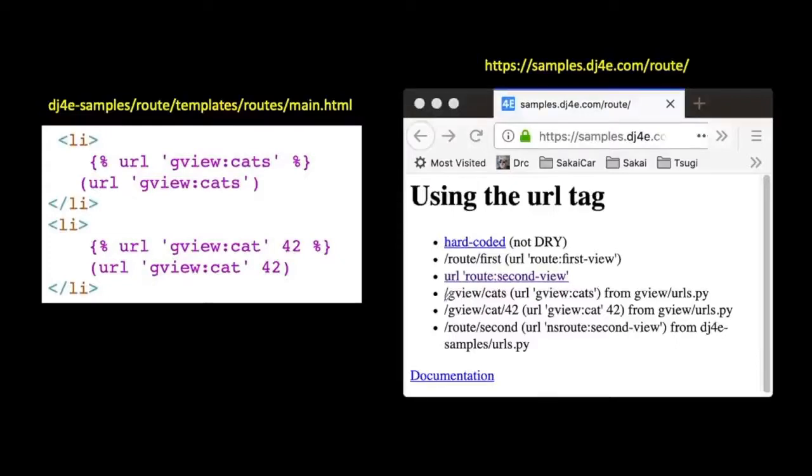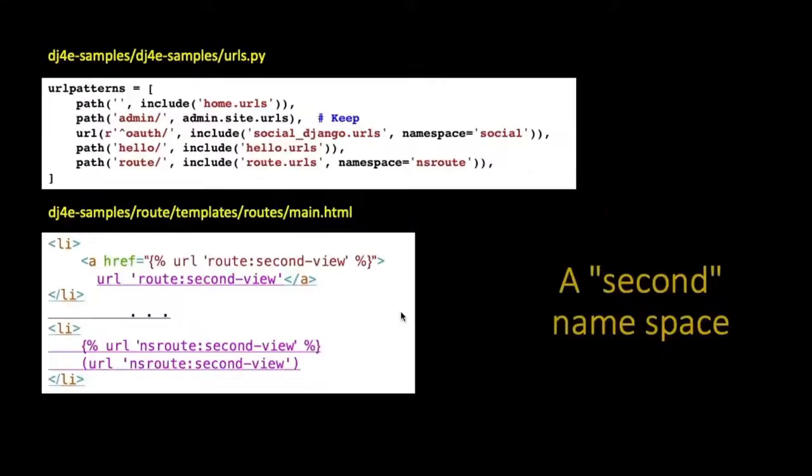And so this is what it looks like. So this gview cats URL and gview cat 42, this one that actually is the detail page that demands a parameter, it constructs that just fine. Okay? So that's going from the route application to the gview application. Now, you can also, this is